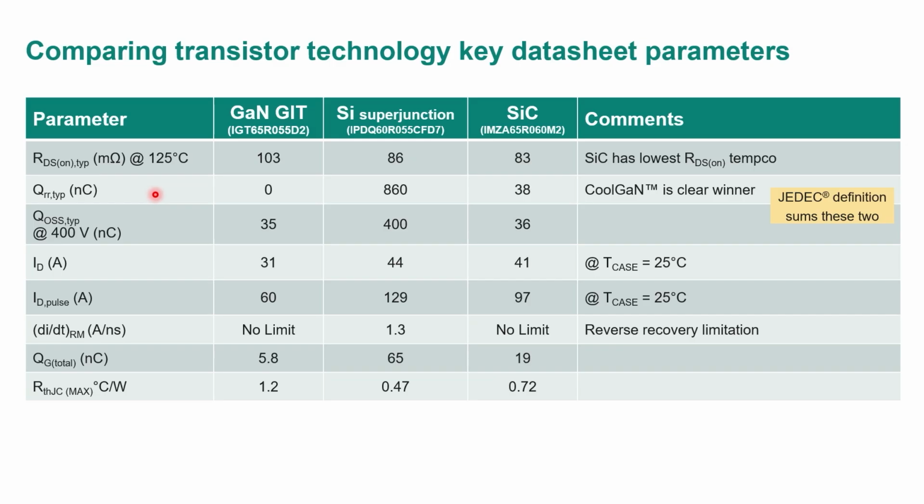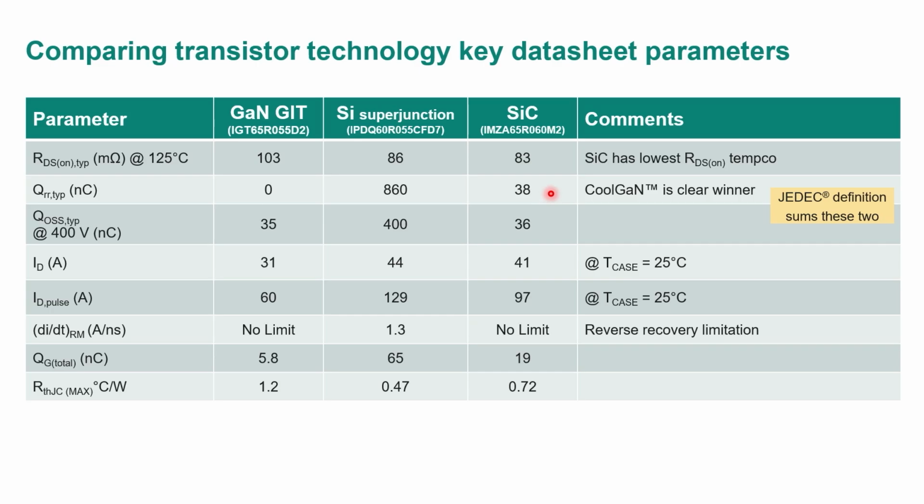The next thing we look at is the reverse recovery, which is one of the key reasons users are typically interested in using GaN, because the minority carrier-induced reverse recovery is 0. There are no minority carriers involved. It's only the capacitance of the device that gives you any sort of measurable charge. Superjunction, on the other hand, is off the charts. This is 860 on a good day, at 25 degrees C. It's over 1,000 at hot temperature. That's why we don't use superjunction where reverse recovery is important. It's just simply not suitable for that sort of operation.